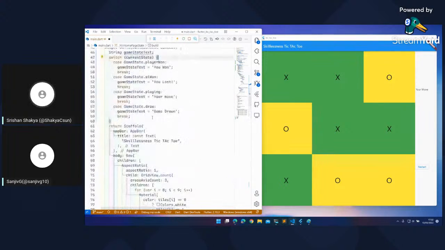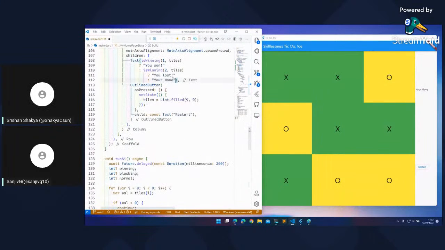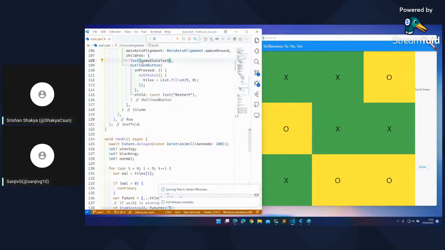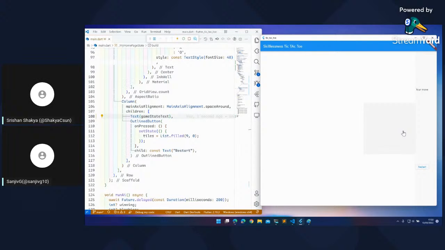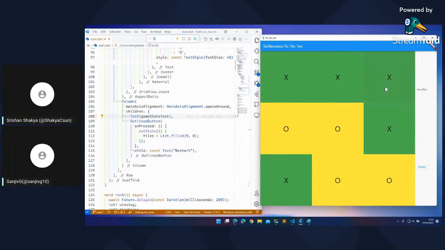So we will just use this game state text and replace this logic here. Game state text. So it looks a little bit nicer, I guess. So it is your move. Let's just not win for now.